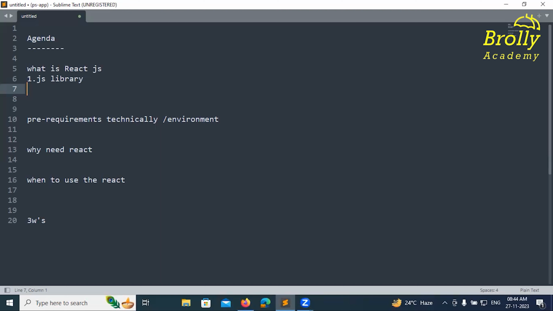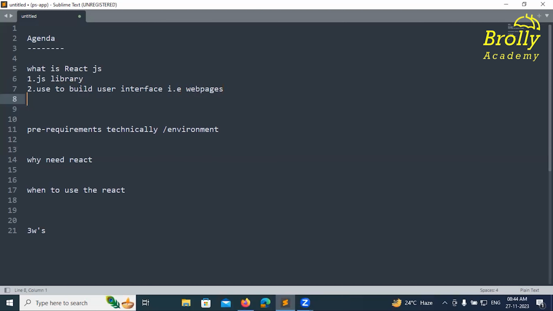Yes, Pavitra. It is a JavaScript library used for building user interfaces. To build user interfaces, that means web pages. Yes, web pages. We can use our own components. Yeah, components. Other than that,